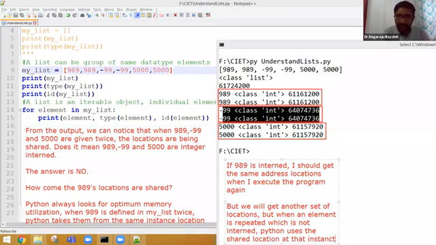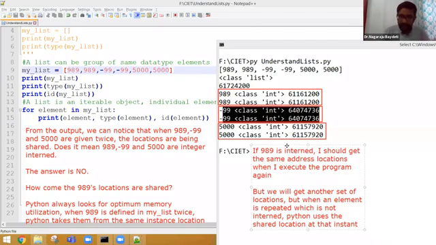That means the shared location may change at that instant. So I believe that the student's doubt is cleared. In case you have any doubt, please let me know.